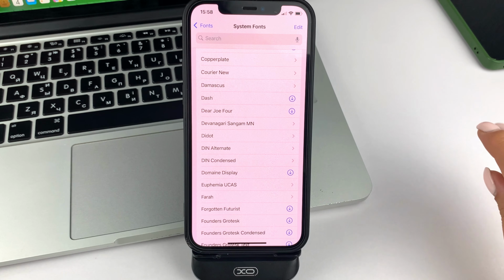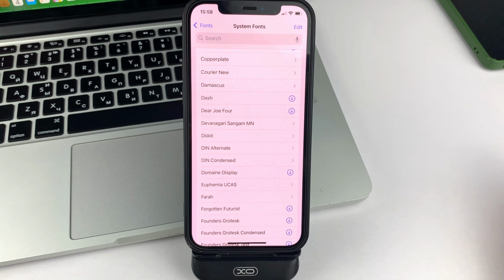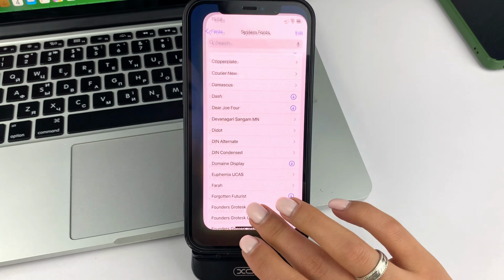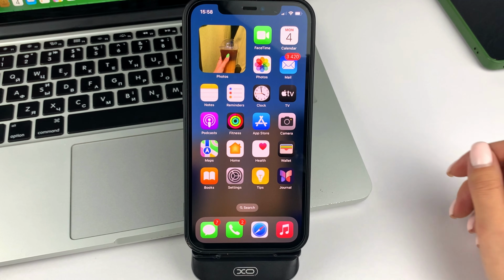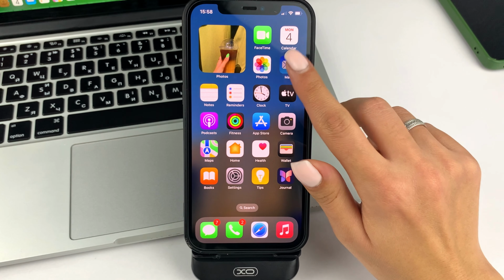And you can also use any font on your iPhone, for example, in some applications in order to write letters in a different font. Unfortunately, this feature is not available on all apps yet, but let's say Mail does.